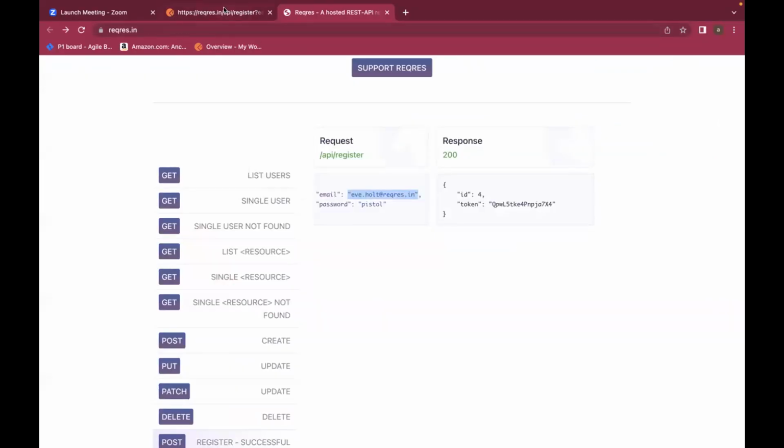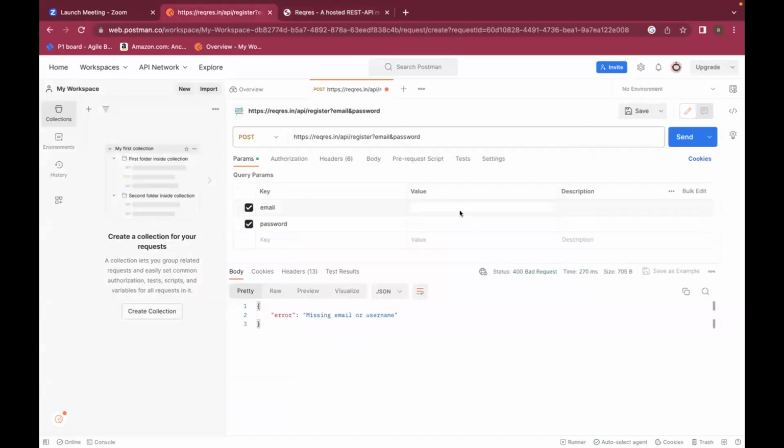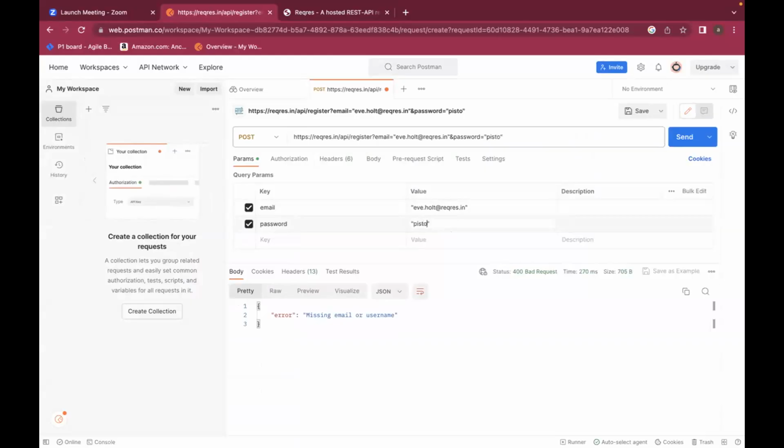Okay. Next, next. Okay. Cool. Next, what will you do? You'll click on send. You have typed your parameters. You should click on send. Let's see if this will work.